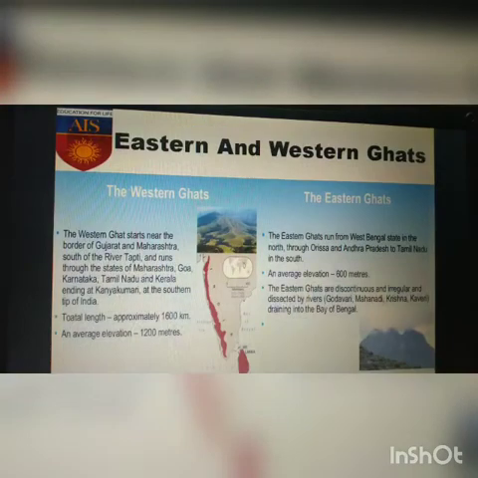Now these plateau areas are being covered by the Western and Eastern Ghats, a few mountain ranges. The Western and the Eastern Ghats mark the western and the eastern edges of the Deccan Plateau, respectively. Western Ghats lie parallel to the western coast. They are continuous and can be crossed through passes only. The Eastern Ghats are discontinuous and irregular and dissected by the rivers draining into the Bay of Bengal.